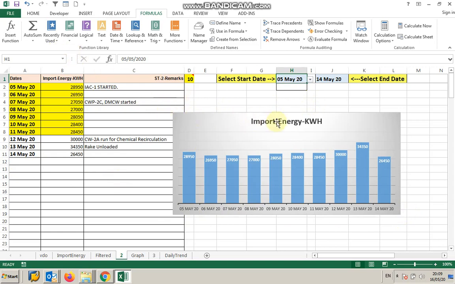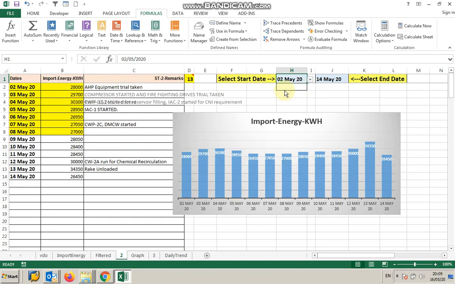So this is how we are able to change the chart or graph according to our selected range of data. Now we have to insert the comment in the label. How can we insert this comment? That is another aspect.